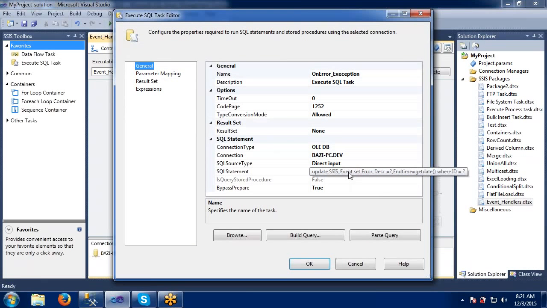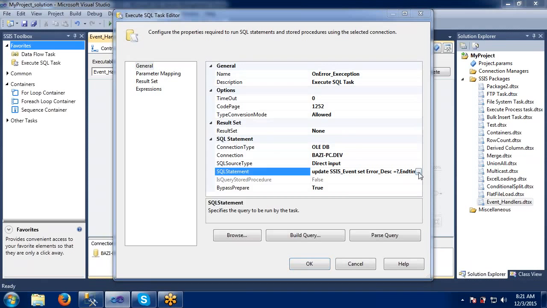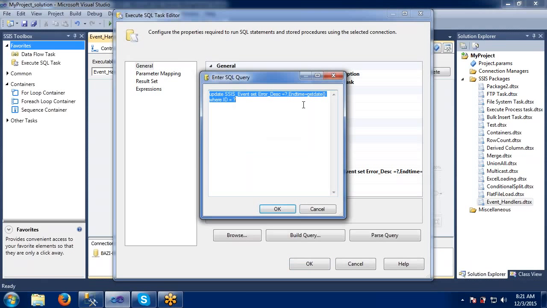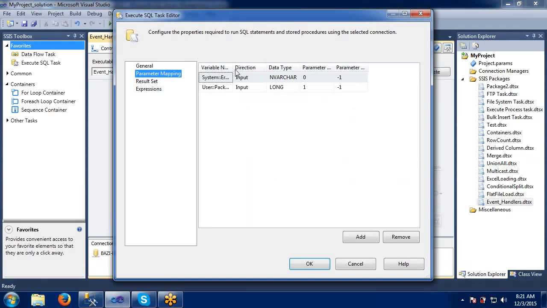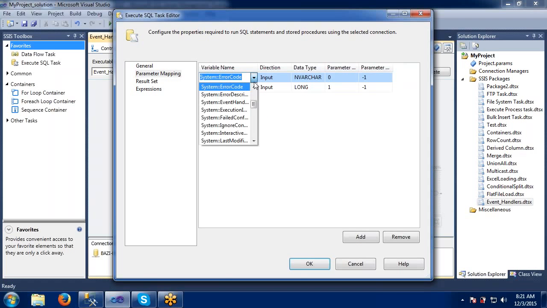Update our table set error description, end time, where id equals to. So error description is 0, id equals 1. Yes, the same thing we have given. What is this one?